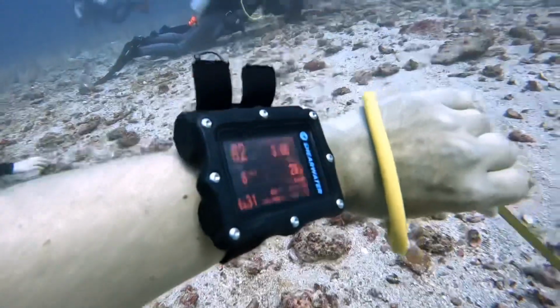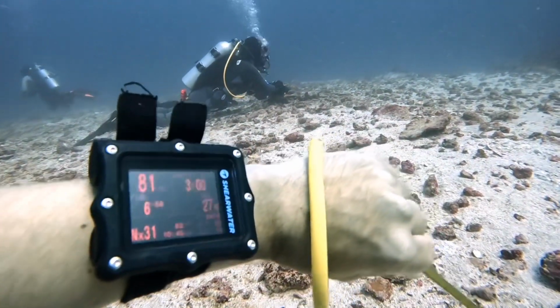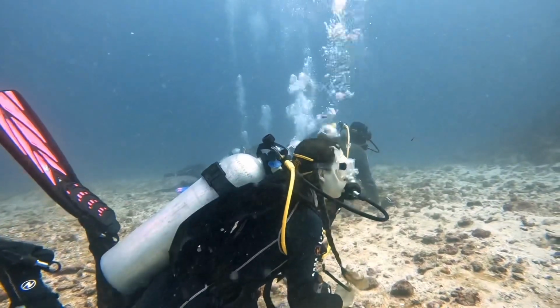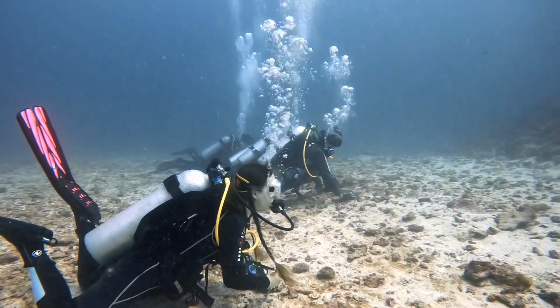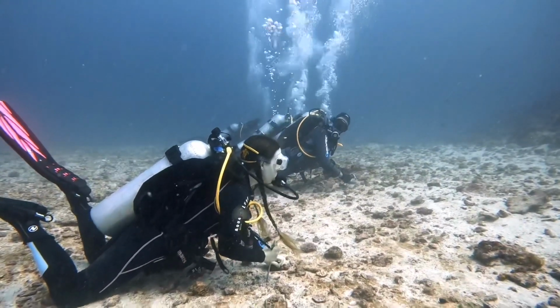The initial part of the dive involves dropping down to about 80 feet and then sitting there on the ground waiting to see if the mantas come by. You are supposed to keep your distance from them and stay low to the ground so as not to scare them away. Now, because we're down at 80 feet, the air in our scuba tanks does not last as long,